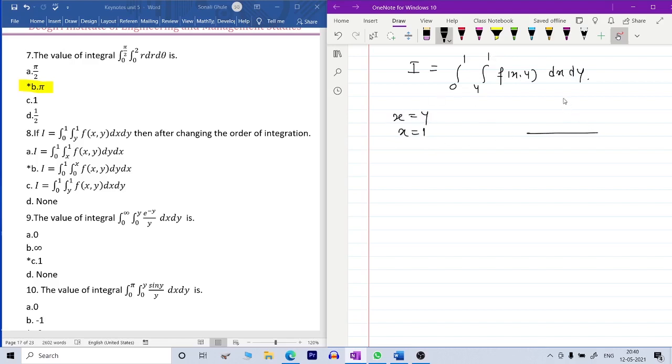So as you can see, inner limit are in terms of y, means these are the values of x. Okay, let's draw here curve. X equals to y means this is the line, and x equal to 1 means this is a line, x equals to 1. Right, now lower limit means lower end of the strip is on x equals to y. So this is your x equals to y, here it is lower end, and inner limits are in terms of y. So your strip is horizontal.